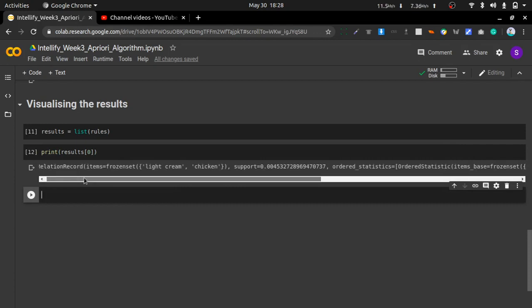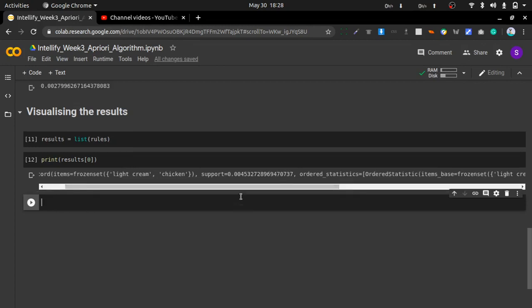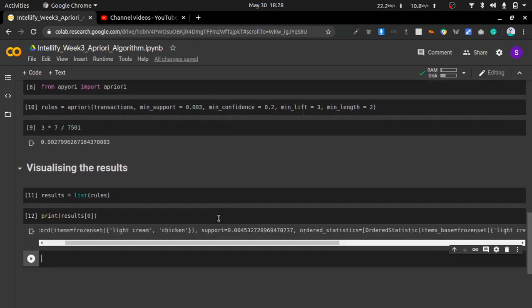So what do we get from this line? It is saying that the associativity of light cream and chicken has a support of 0.004, and as you can see this support is greater than 0.003. If it were 0.003 or less than 0.003, it would not be included in these rules, okay. So light cream and chicken has a support of 0.004, and it has a confidence of 0.29.